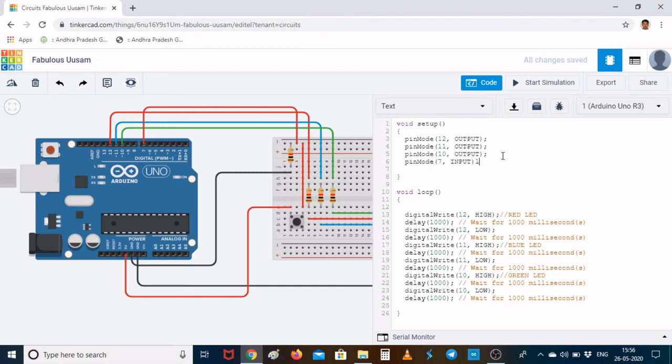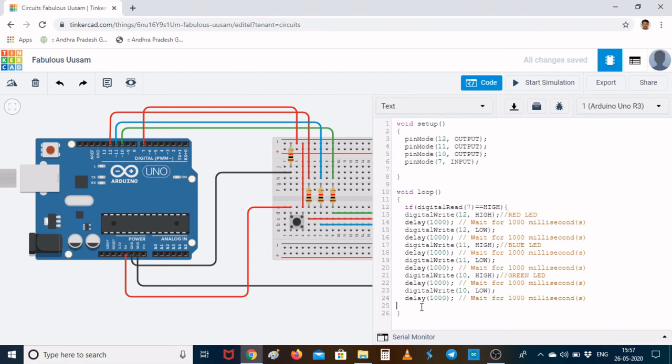Now I can write a very simple if statement: if digital read of 7 is high, then do all these things.